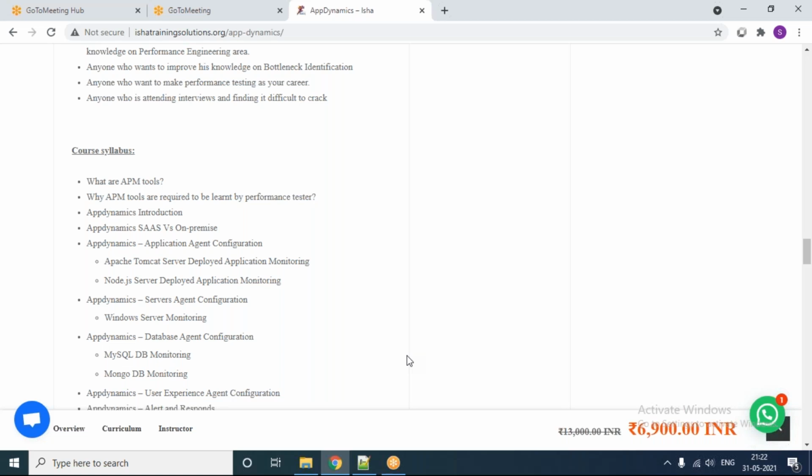Maybe they will not have exposure to it, or they will not like the licensing model, or they may have a limited technology set they want to monitor. A lot of reasons would be there. AppDynamics is one such case. Initially they had this analytics license and all. So maybe those factors influence your customer. That may be the possible reason, but these are the reasons.